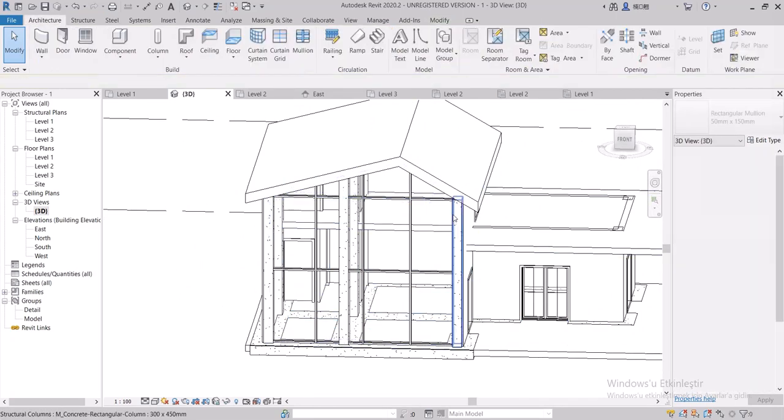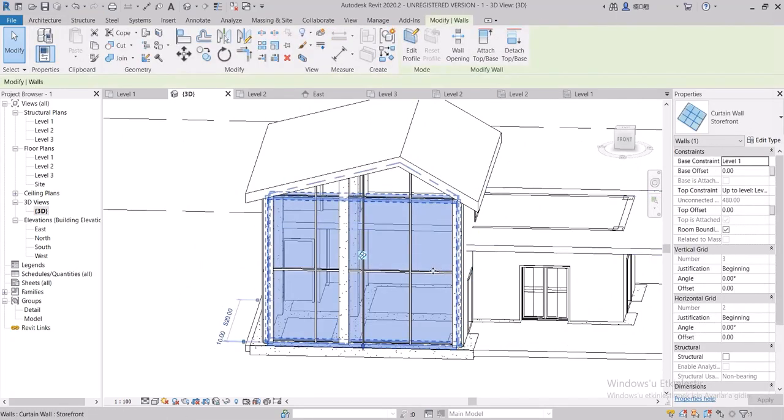Select the wall that is the curtain wall and enter the Edit Type to adjust the gaps from the spacing.